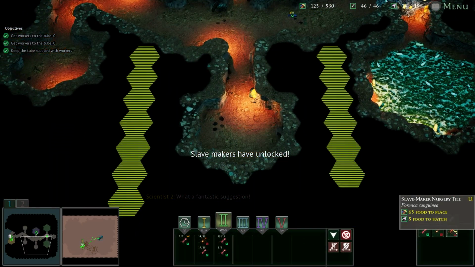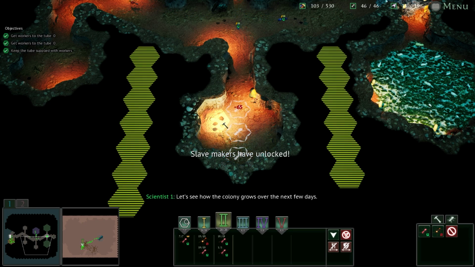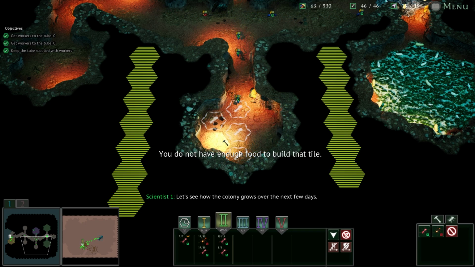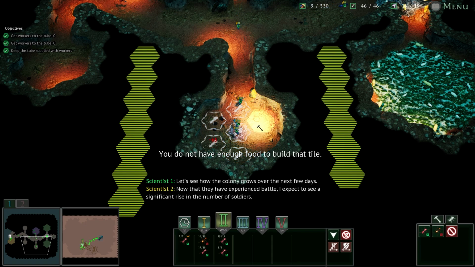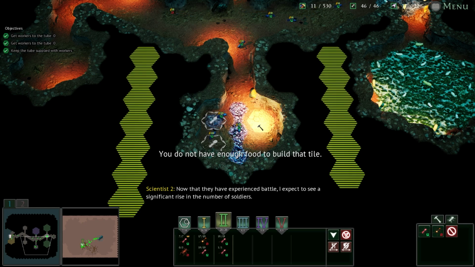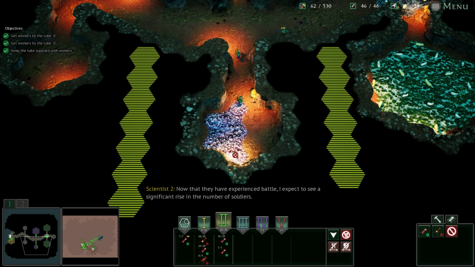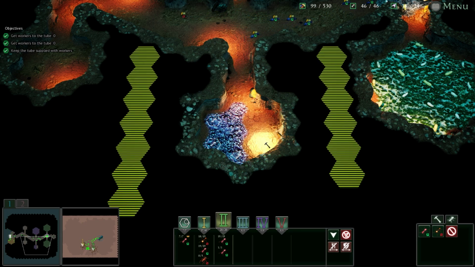Slave makers have been unlocked. Not my favourite ant. And I'm not sure they'll be the most useful. Now that they have experienced, as we have them, expect to see a significant rise in the number. And we are attacking an enemy colony, we may as well